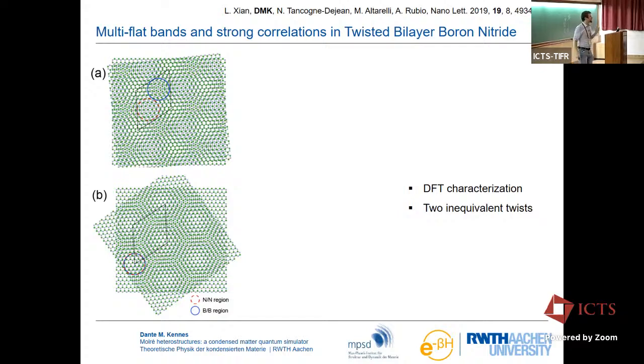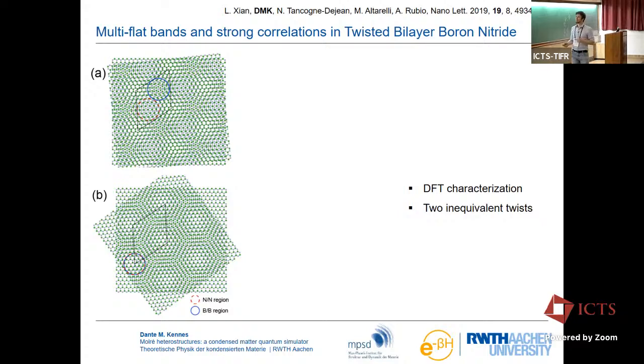What's similar is that you can still, of course, produce a Moiré pattern, and it will still give rise to flat bands. We'll see that in a second. But already at the geometric interference level, there's one big difference, and that is that now there are 2 different inequivalent configurations at small twist angles that give different physical results. So there's a small twist angle, like in graphene, but because you now have 2 inequivalent atoms, there's also 60 degrees minus a small twist angle.